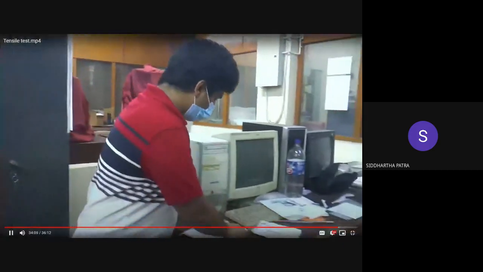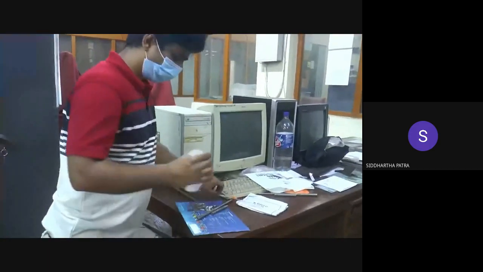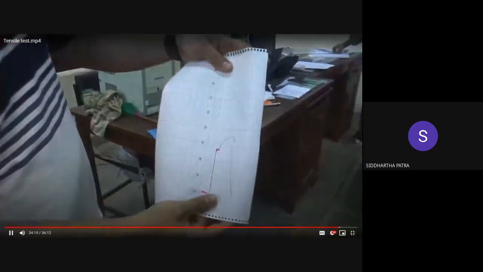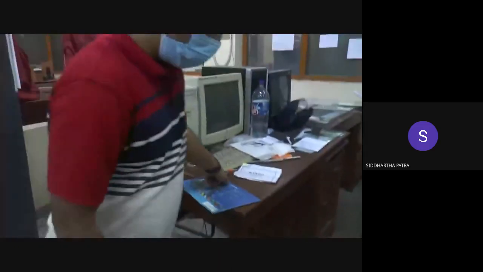And also we have generated this graph that shows you the value of the load versus the elongation. So that is there, and we have this broken specimen over here, and this is your instruction sheet over there. So we have written down all the data that you require, and on this side we have noted down the values of the different deflections from the load.